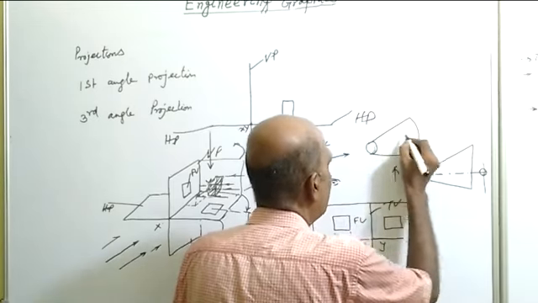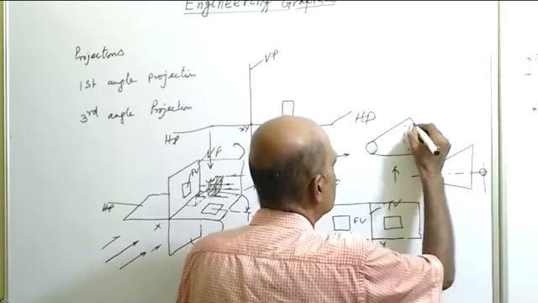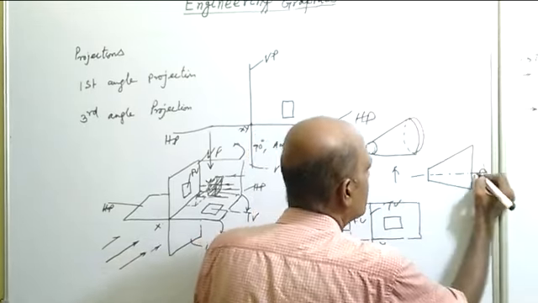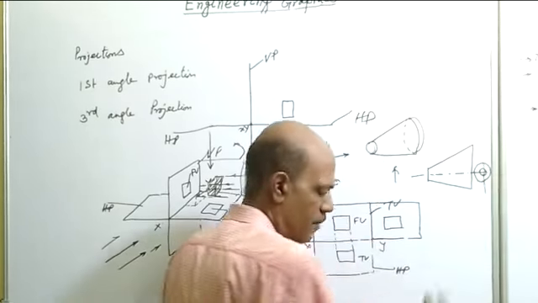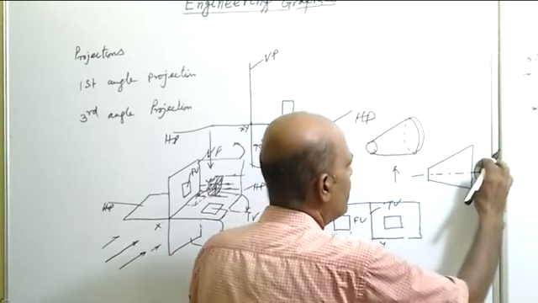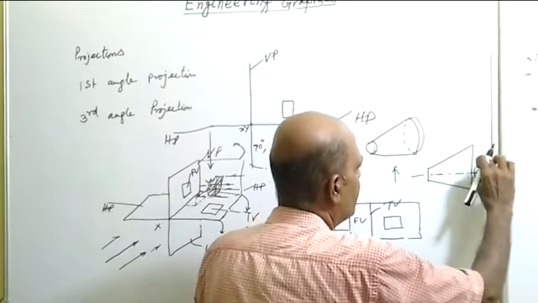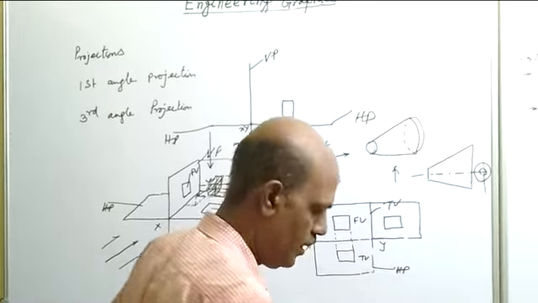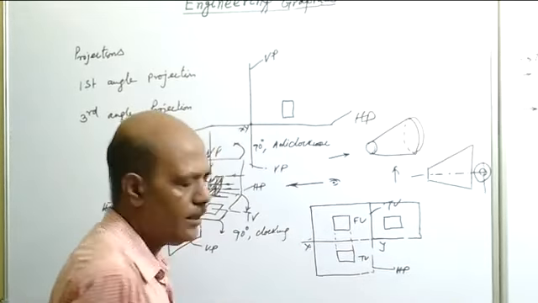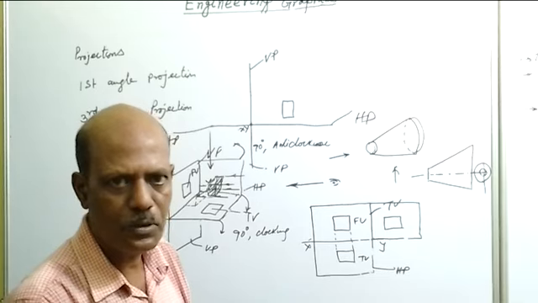and we will see a smaller circle of this diameter and a large circle of this diameter. Both the circles will be visible and given by thumb lines. So this diameter will be equal to this diameter and this diameter will be equal to this diameter. Though there is no space, I have shown it like this. Okay, this is all about the first angle projection.